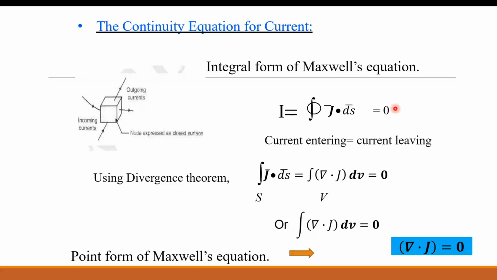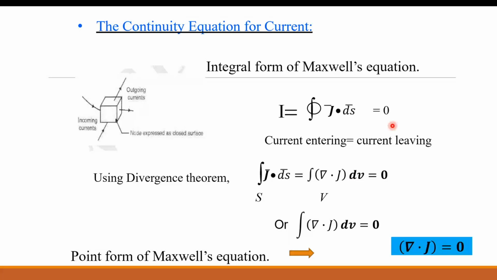This equation I is equal to integration of J bar dot dS bar we have seen in an earlier lecture. We related these quantities when we saw the basics of current and charge. Now we apply the divergence theorem. Here surface integration is present, so we can relate surface integration to volume integration. Closed surface integration of J bar dot dS bar is equal to volume integration of del dot J dv, and that is equal to 0 from equation 1.